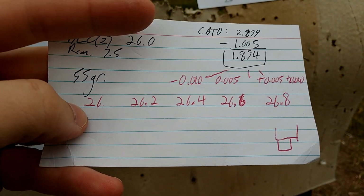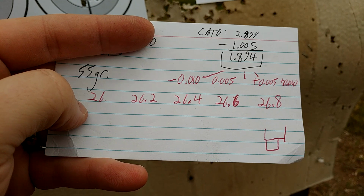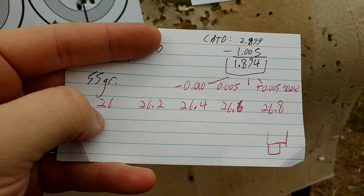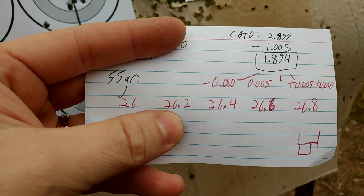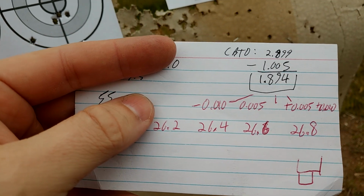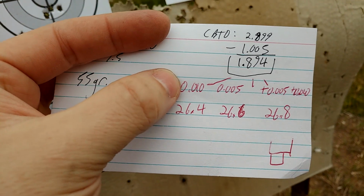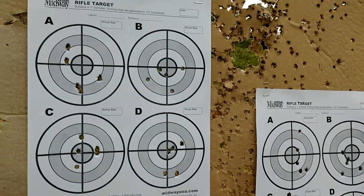Quick look at my notes here where we're retesting BLC-2. Quick reminder, these are spicy. These are 5.56 territory. Your barrel, even if it is chambered for 5.56, might not be able to handle these, depending on your cases, primers, etc. We also have some additional seating depth tests that we'll be going over, but first let me center my camera